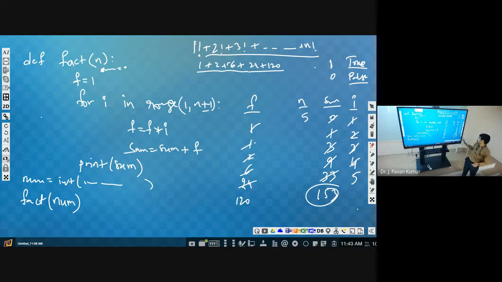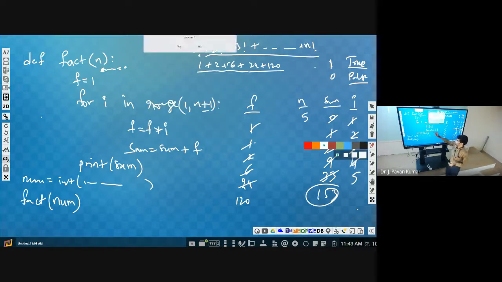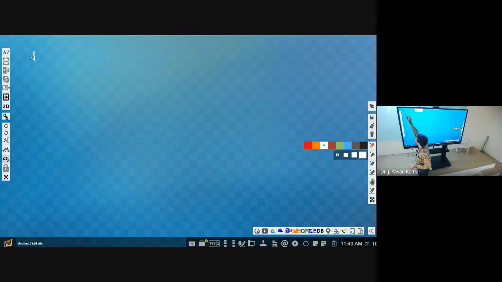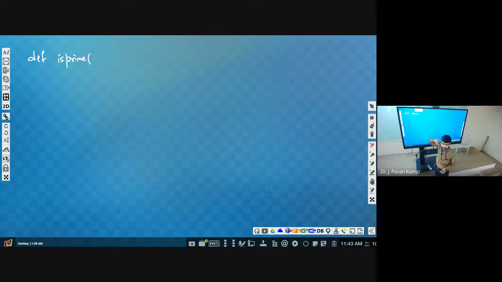So now we have to define a function called is prime, then n will be taken as the input. Then what is the logic? We have to start from 2. Prime number logic in several ways we have seen.